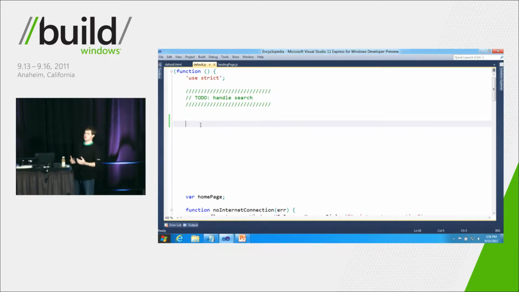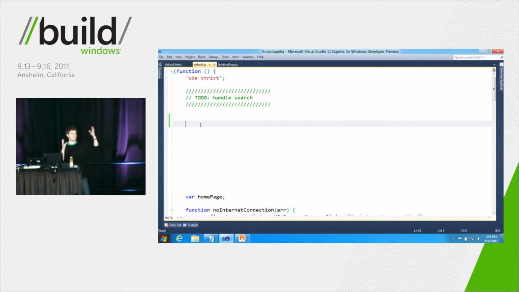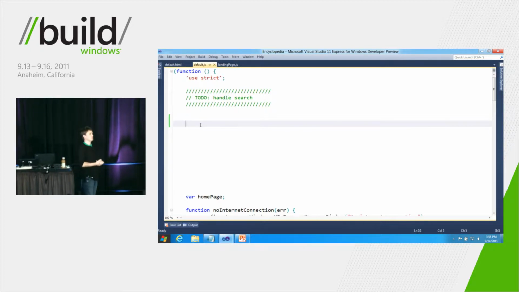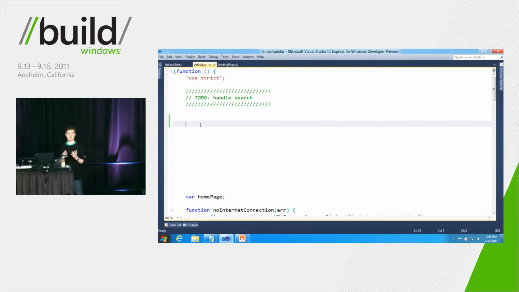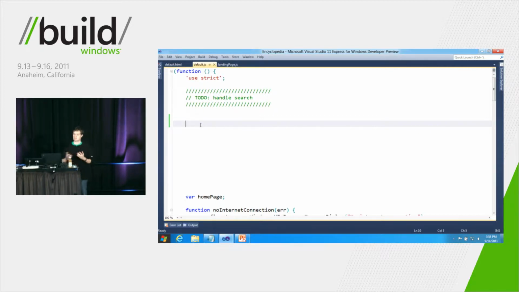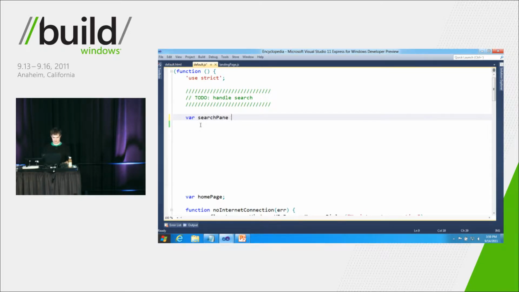And one of the really great things about this sort of environment that you get to write your apps in is that it takes care of a lot of common tasks for you. It takes care of sharing, and it takes care of search. It takes care of connecting your application to devices and printers. And so what we're going to do is use the ability that Windows provides to do search from our JavaScript application. So what I'm going to do is create a search pane object here, and that's going to be